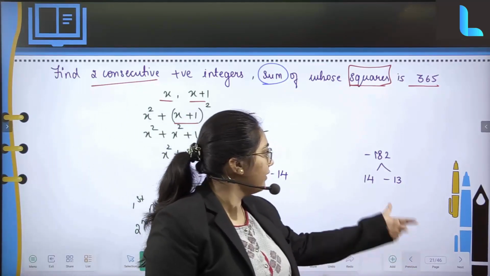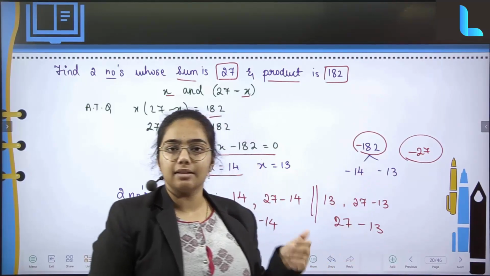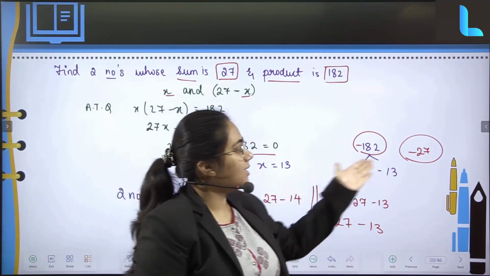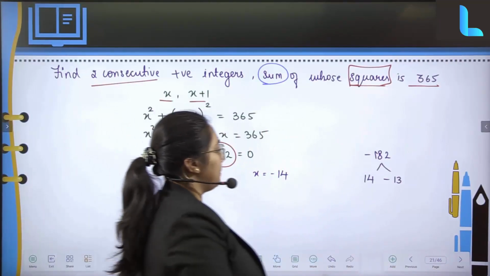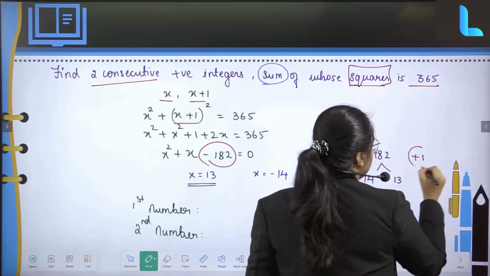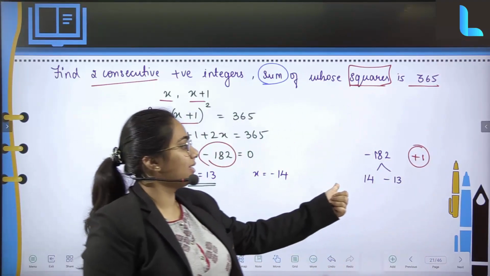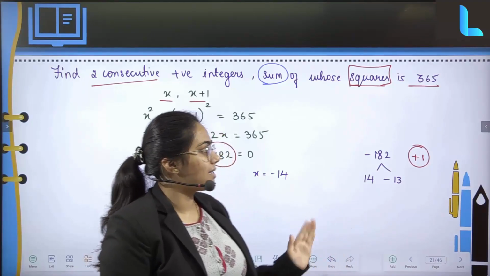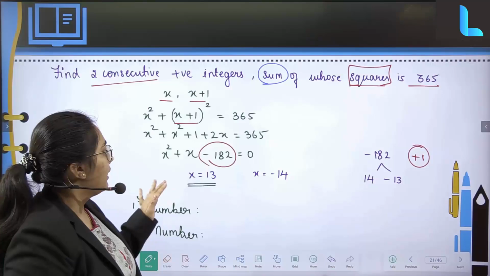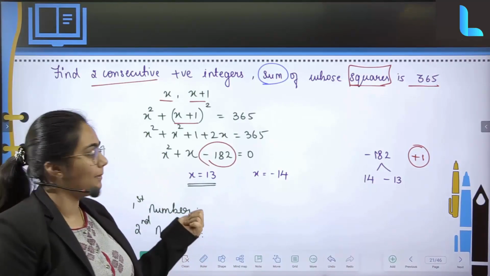As we saw here, even that one was 182. But if you can see here, both the numbers we considered were minus and minus. That is when we got minus 27. But here I just want plus 1. So the factors are going to remain the same, that is 14 and 13. It is just the signs which are going to change. Plus 14 minus 13 gets you plus 1. Right. So now the equation is set, and the value of x I'll be having.